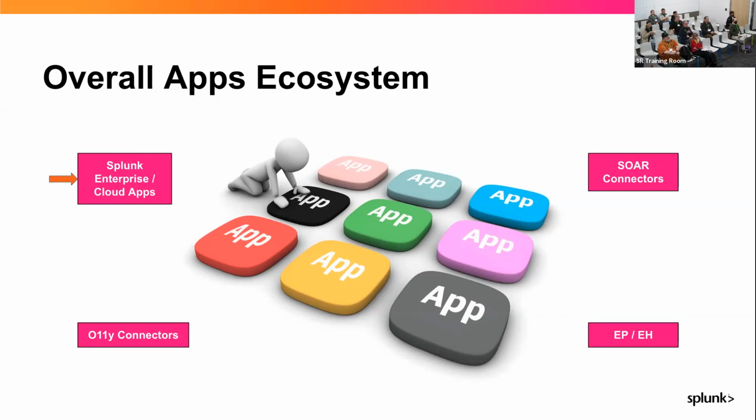And then we have SOAR connector, which is basically security orchestration and automated response tools to get your alerts and actions on steroids. We'll also be keeping that for future user group events, depending on where the interest lies for our users. And then we have Edge Processor and Edge Hub, that's upcoming GA in the coming months. So that's the overall ecosystem and overview of